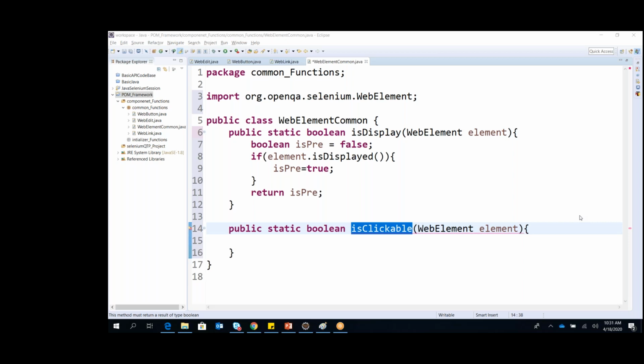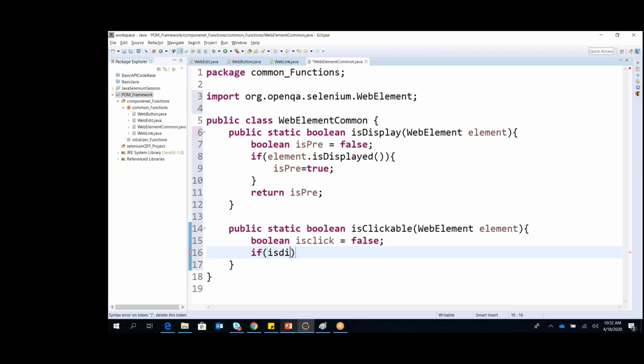Okay, so now, when I say public static boolean isClickable, this is my another return element. Now I wanted to do one thing. I can check here: boolean isClick equals again false, and first I'll check if that element is displayed. If this returns true, this isDisplay function we already had written here on top.